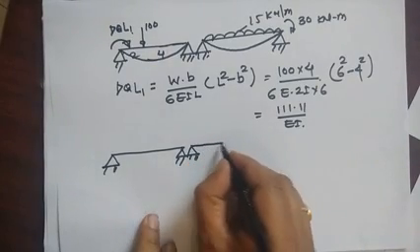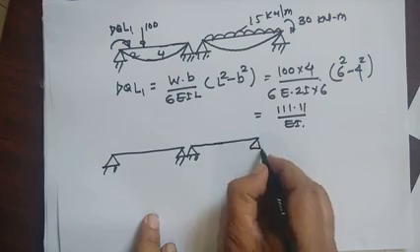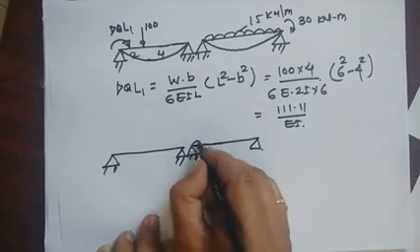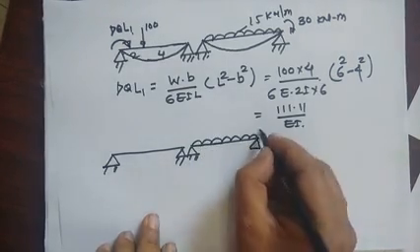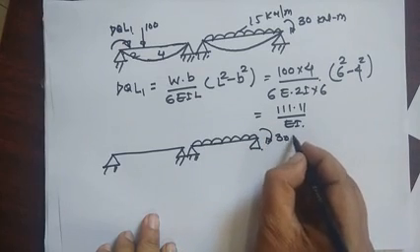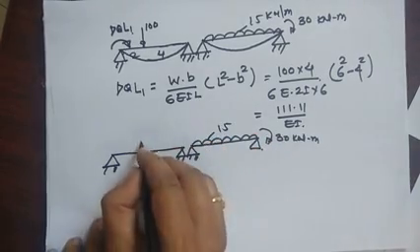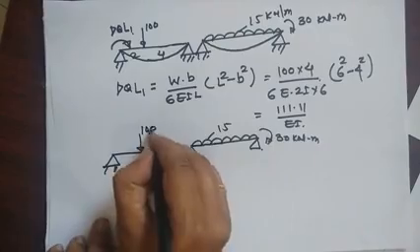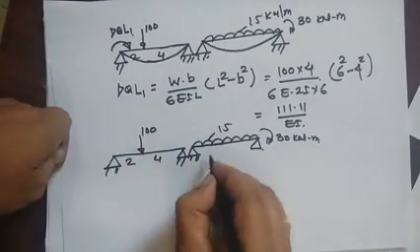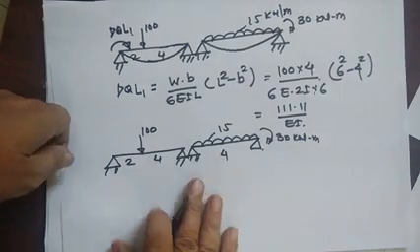So here, now here this is the UDL and this is an external moment. This is 15. Here is the load 100. This is 2, 4 and this is 4. So now